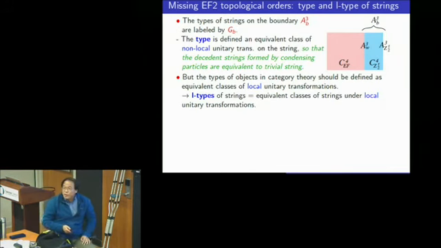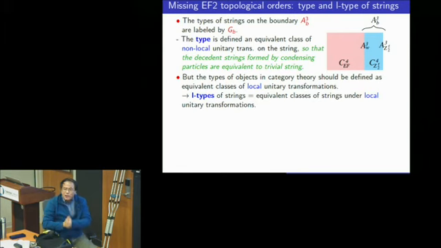So what is missing? We missed something here, actually. The story I discussed is not complete. Here I want to go into something more detailed. When I say string, I really mean a type of string, meaning some equivalence class of excitations. It's like with particles: if two strings can deform into each other, they belong to the same type.